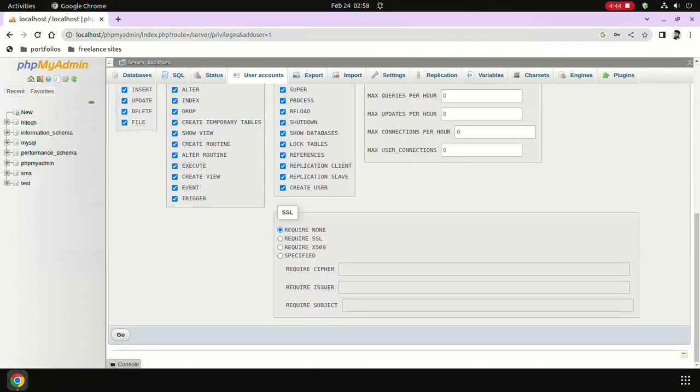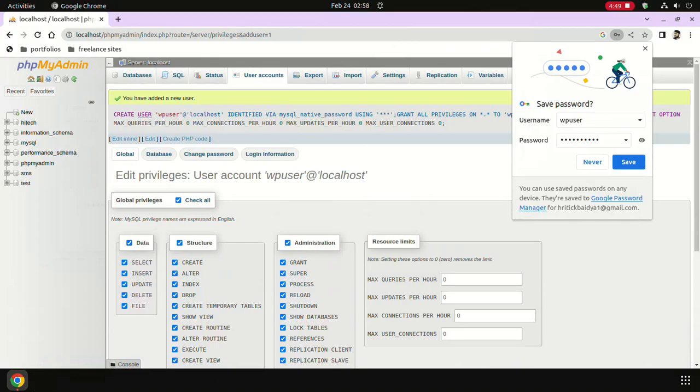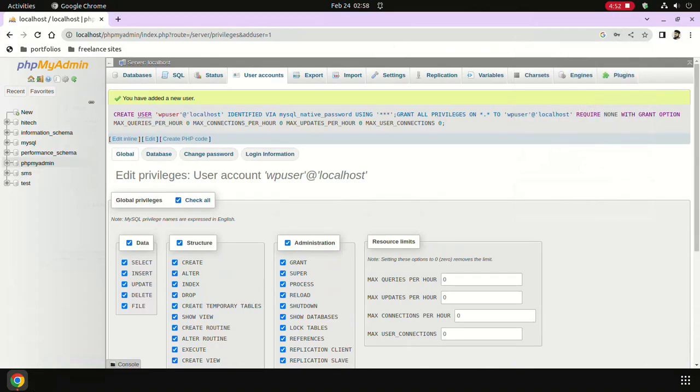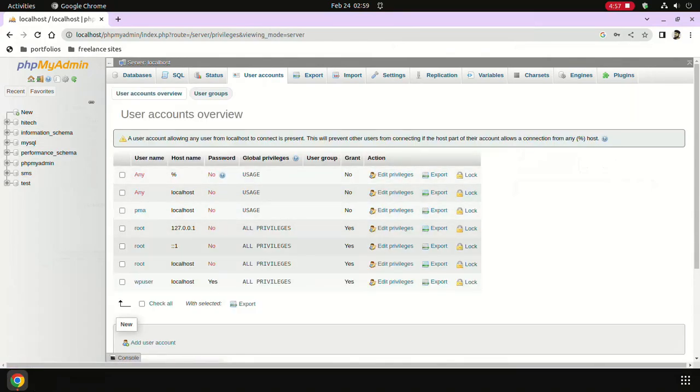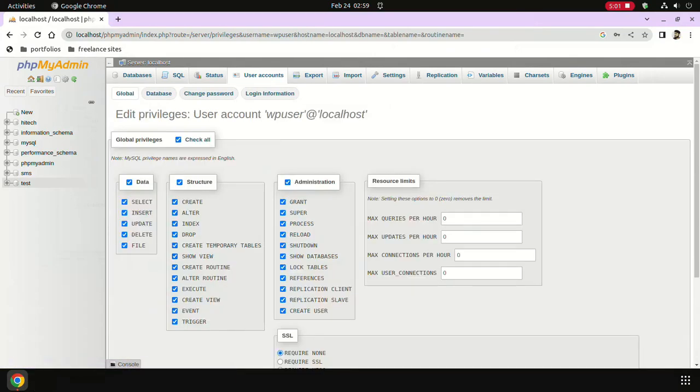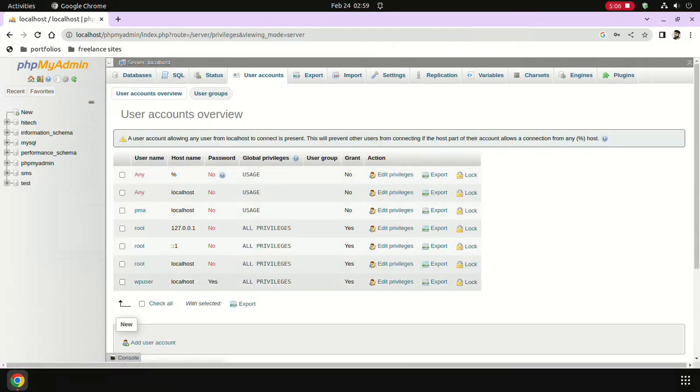And now go. Now the user account is created. After that, we can create a database with the same name as the folder that has the WordPress files. So here is the WP user already created, and we are creating a new database named new site,